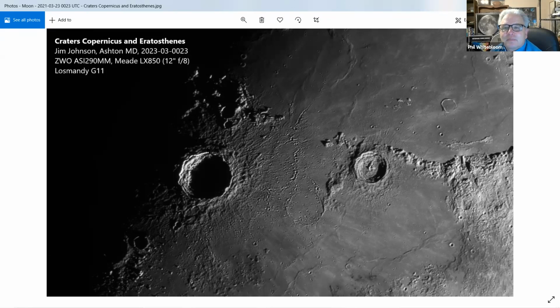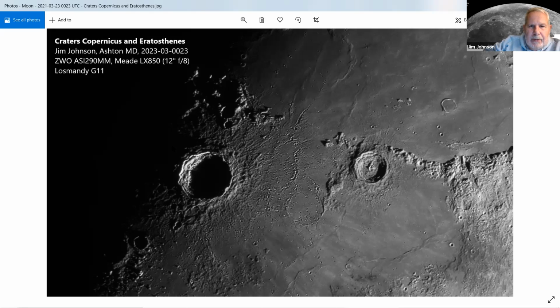Yeah. There's Copernicus, just barely inside the terminator, which runs through here. Eratosthenes is over here, and what I particularly like about this is the detail in the rampart, the ejecta field surrounding Copernicus, and you have the lines of craterlets.